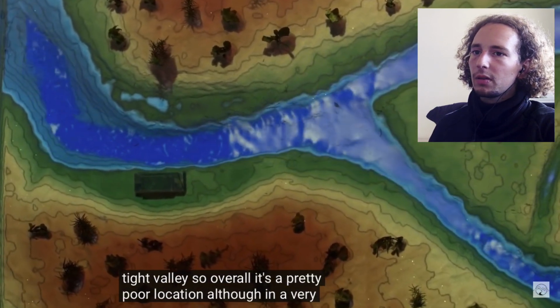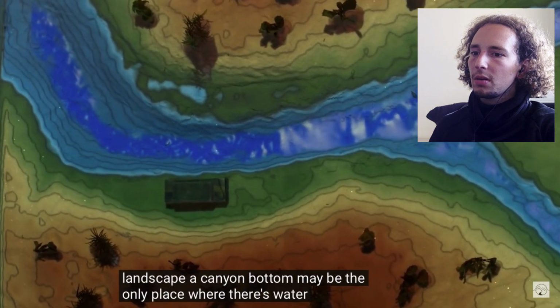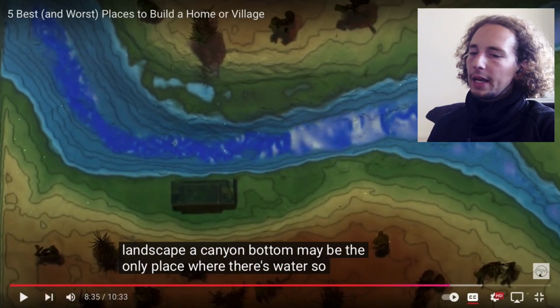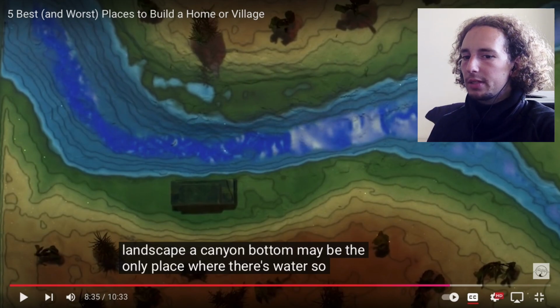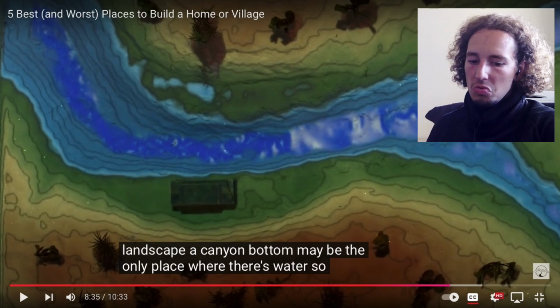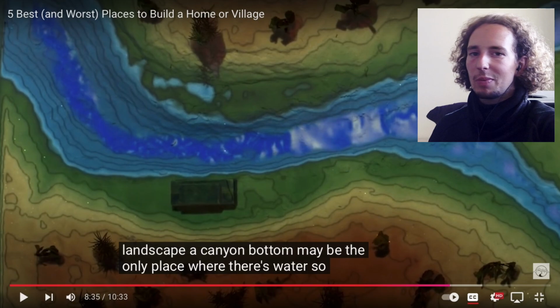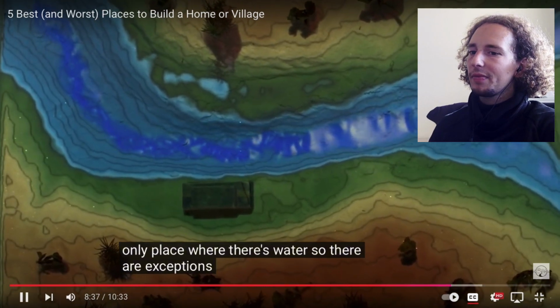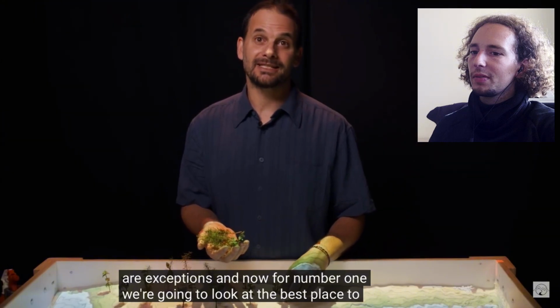Although, in a very arid landscape, a canyon bottom may be the only place where there's water. Then again, it's not your priority to get water, and you just have to find a place that is temperate and more or less ideal. Don't go finding places which are typically flooded. So, there are exceptions. And now, for number one, we're going to look at the best place to place homes in relation to each other,